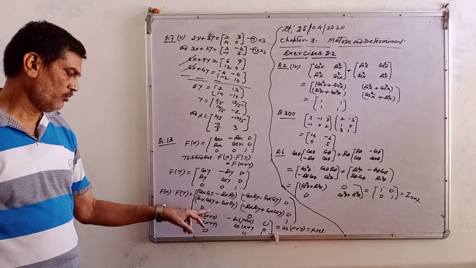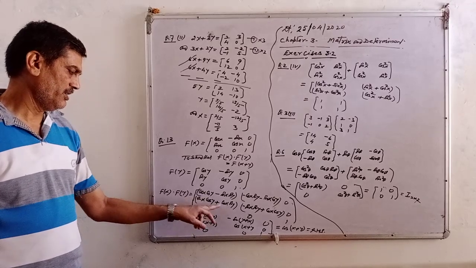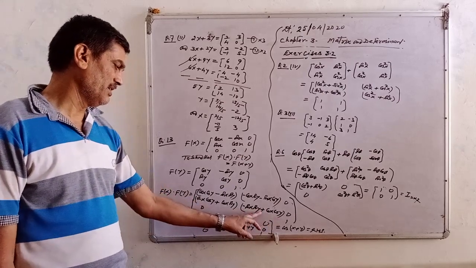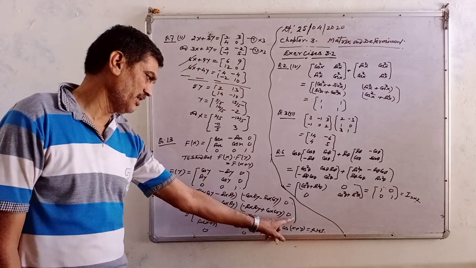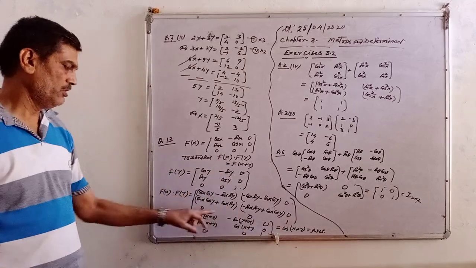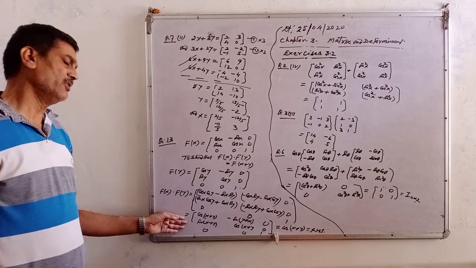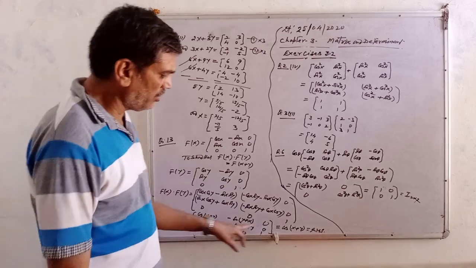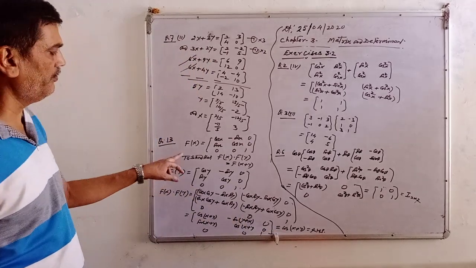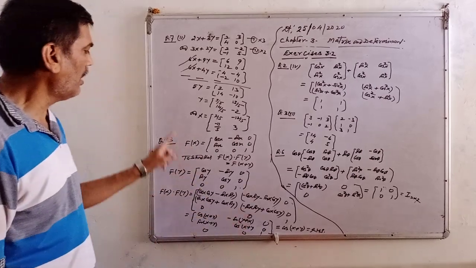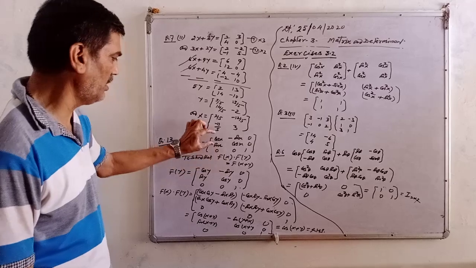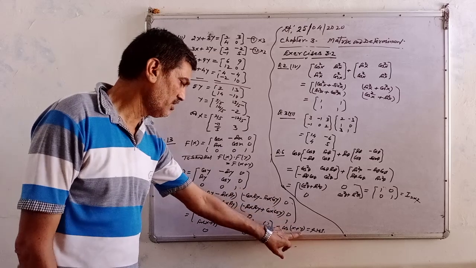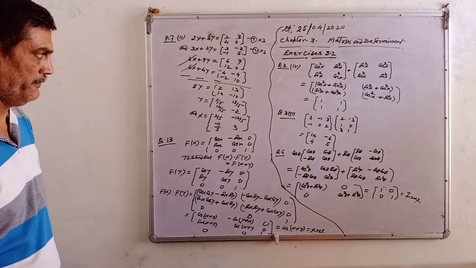Now come to your second row. Sin a cos b plus cos a sin b, same, is sin of a plus b, and here cos a cos b minus sin a sin b is cos of a plus b, and its next element is 0. Last row 0, 0, 1. So this is the result when you multiply fx and fy, and this is equal to f of x plus y. Why? Because if fx is given, if you replace x by x plus y here, you will get this thing, meaning the left side after multiplying is equal to the right side, f of x plus y. Okay.